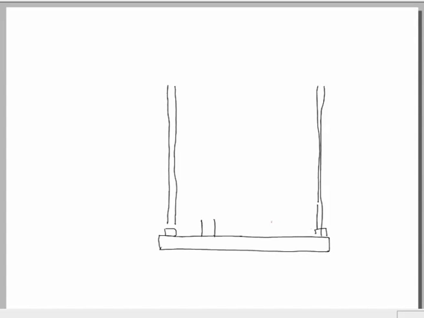As we have seen, we use a closed split mold. Now this is a mold.